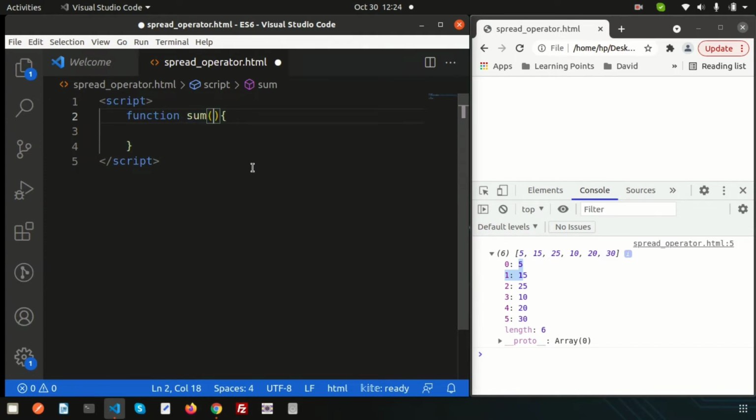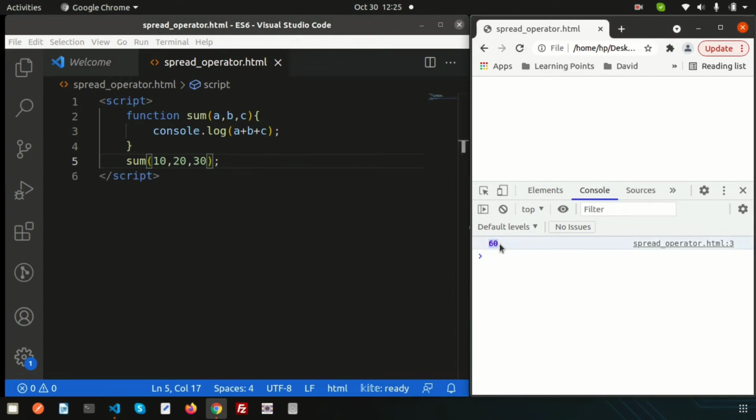Suppose to sum I want some elements, a, b, c, and to get the result we need to sum these. So console.log of a plus b plus c. Let's call the function sum and pass 10, 20 and 30, and if you now refresh this, we are getting the result, that is 60.